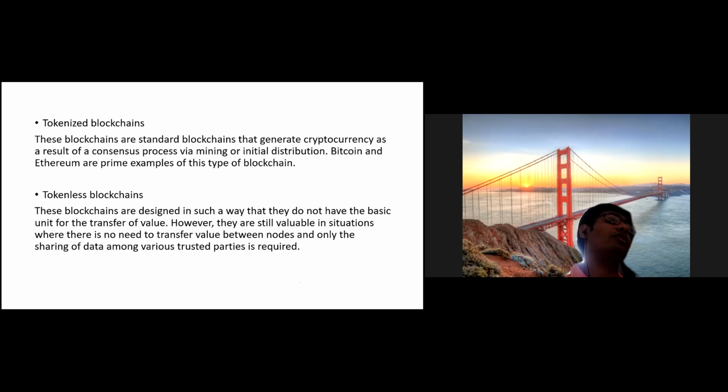Tokenized blockchains are what? When you are using a blockchain and you want to use some transaction rewards, like whenever an individual or a node in Bitcoin does a transaction, they get a Bitcoin as a reward. So those are called tokens. A few blockchains, like Ethereum, have gas, and Bitcoin has Bitcoin. If you want to set up some value when someone mines or a transaction happens, you want to transfer value, you can put in the token. And then there can be a tokenless blockchain as well, where you are not putting any tokens,